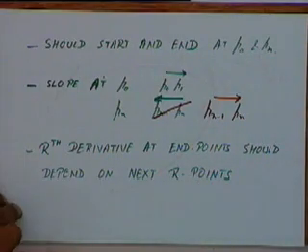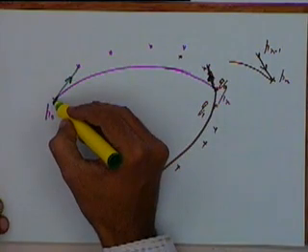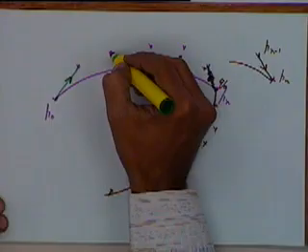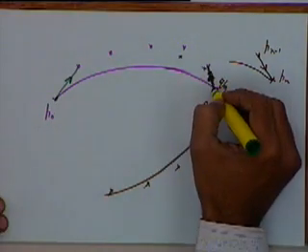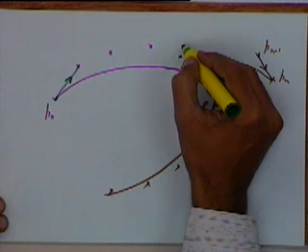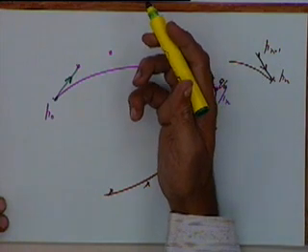Next, I'll just explain what I mean. At this point, if I want to find out the second derivative, that should depend on P0, P1 and P2. At this end point, the second derivative should depend on Pn, Pn minus 1 and Pn minus 2, again for the same reasons. If I want to have C2 continuity, I can modify all the other points without bothering.